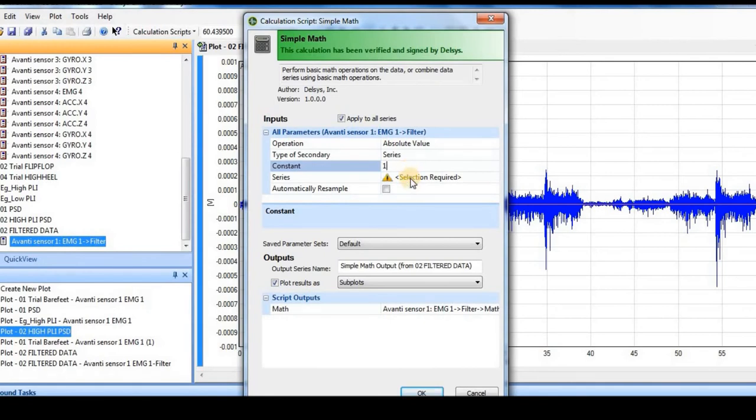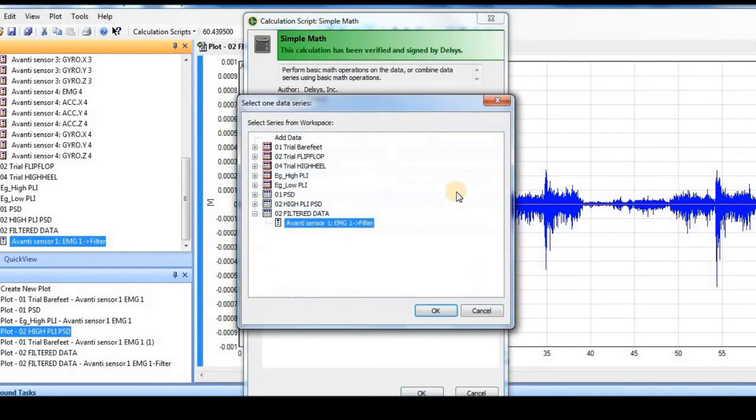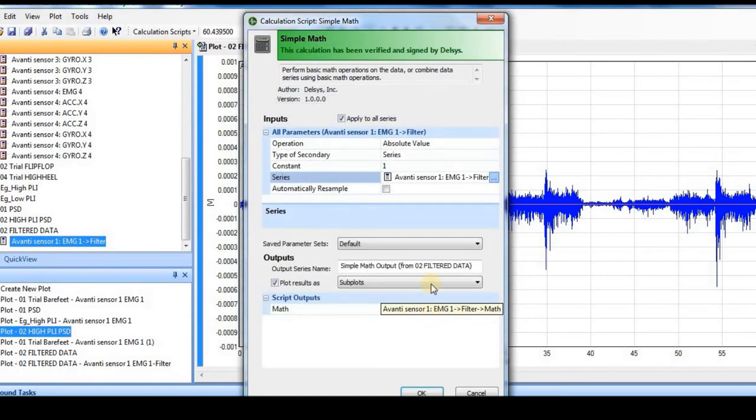Now I have to specify which data series I want. This yellow triangle means there is something missing and I need to select it. So now I'll go here, and I have many data series, but I will be selecting the filtered data, because this is the first step. We have filtered. Now we will not go to our other files that are raw files. The filtered file will now be rectified. So I'll select this.